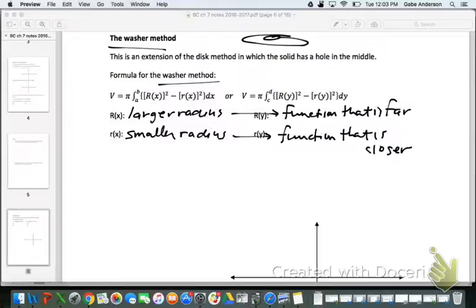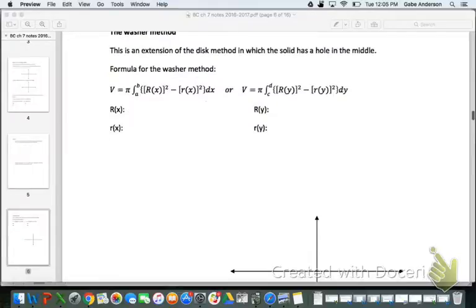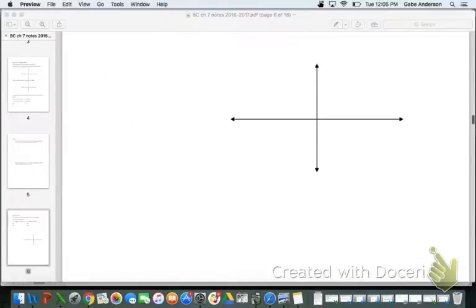So we're going to use those formulas in a bit, maybe tomorrow. But let's do a little visualization with these to help us understand the disk method, or the washer method, how it's connected with the disk method and what these things might look like. So if you haven't printed your notes out, you might want to print your notes out because I'm actually going to move on to this. So let's